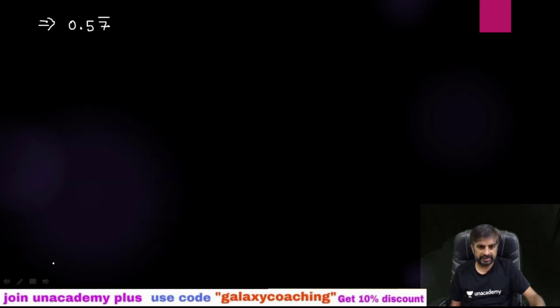Moving to the next question. Okay, second one. Express 0.57 bar. Bar is only on 7, not on 57. Just you need to keep that in mind. So now I am going to express this as x equals to 0.5777 and so on. As I told you, the bar is on 1 term, so multiply with 10. If the bar is on 2 terms, then we have to multiply with 100. If the bar is on 3 terms, then we have to multiply with 1000. But here the bar is only on 1 term, so multiplying